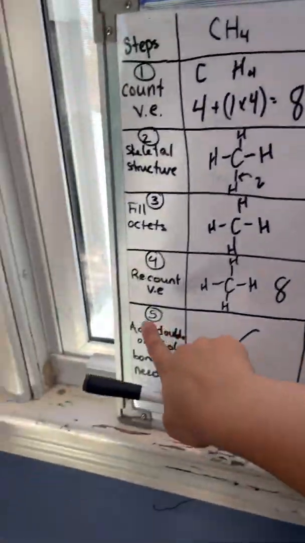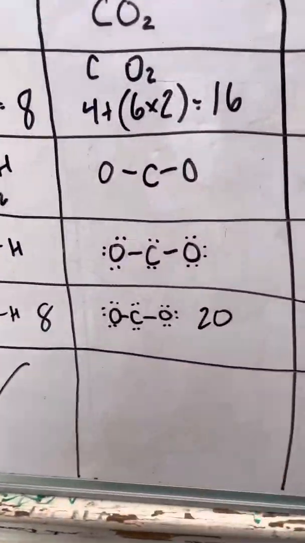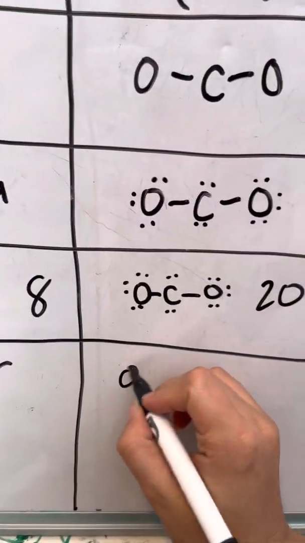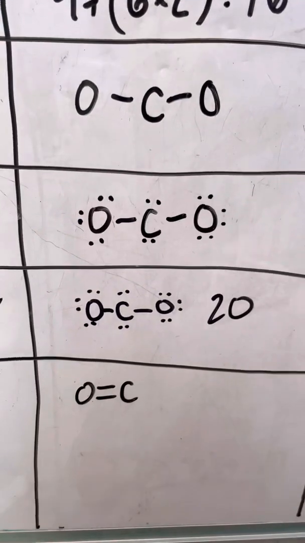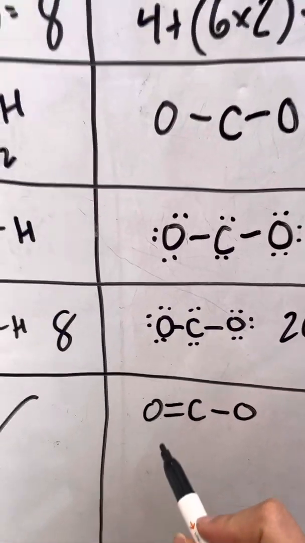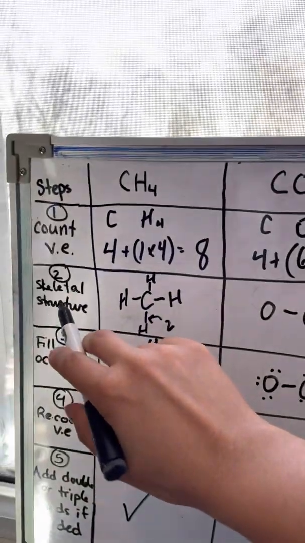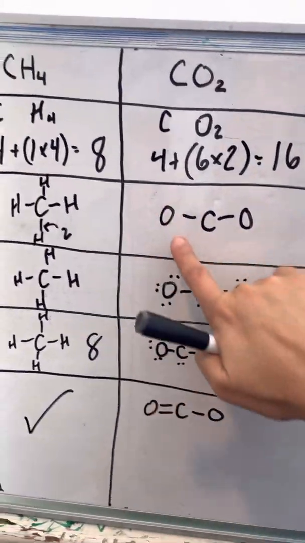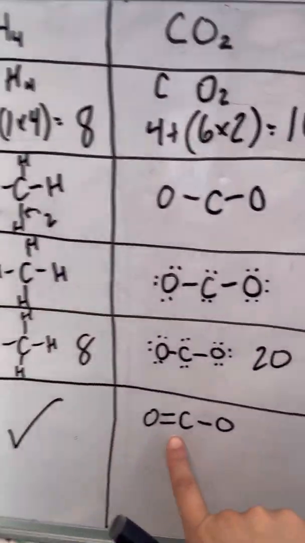This tells me we do need step 5. We need to add double or triple bonds. So let's add a double bond between carbon and oxygen. Well, that first one. So this is kind of like going back to the skeletal structure in step 2. This is our new skeletal structure, which means that now we're going to go to step 3 and fill the